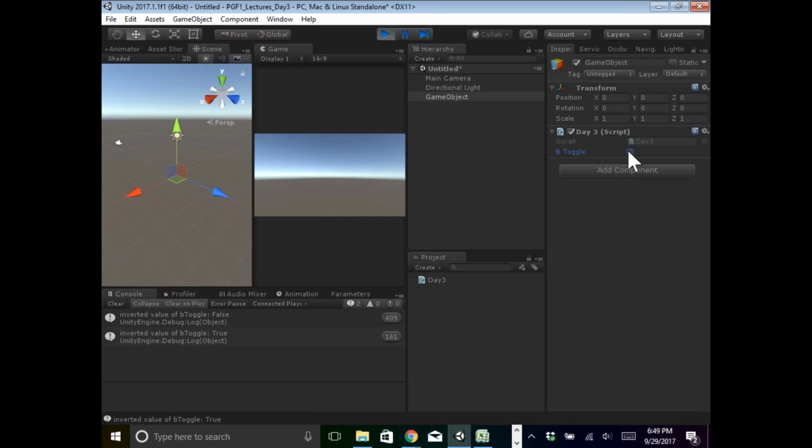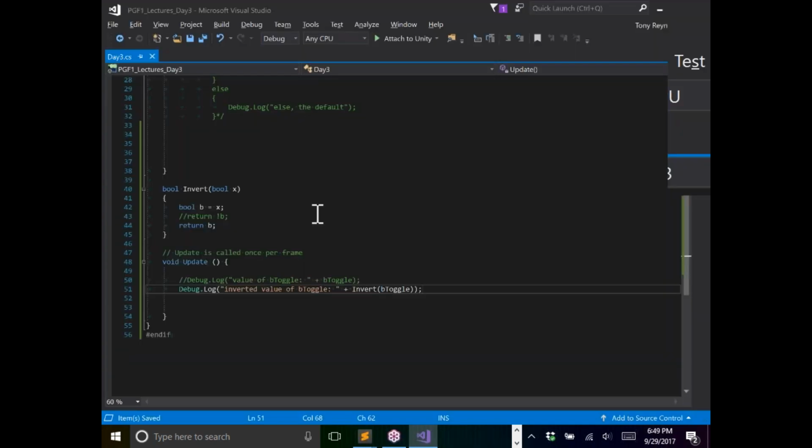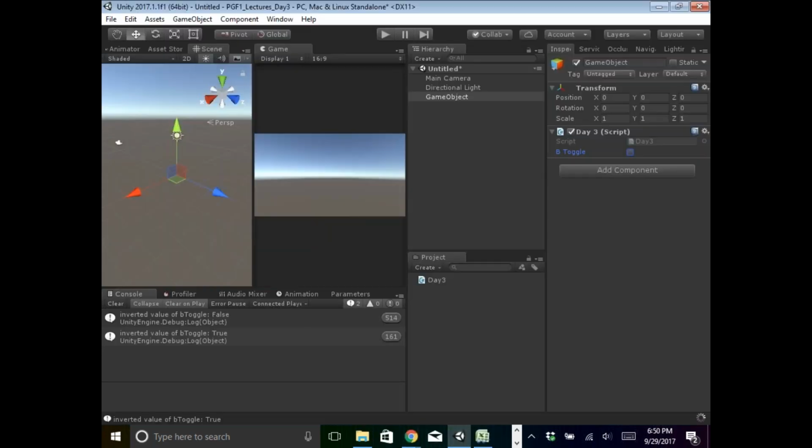I've written wrong code. So to sort this out, I could go through and apply the breakpoint like you saw in the last lecture, actually attach to Unity, one of those two, and then step through and inspect each one of these values and see, like, did b come in as true? Sure. Did b get returned? And I could look at the information being printed out here and see what was actually going on. So in this case, I know in this very simple example that it was just this invert code that I had commented out earlier. So I can just flip those comments over, save, jump back to Unity,